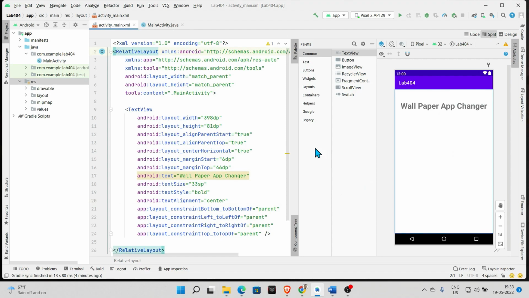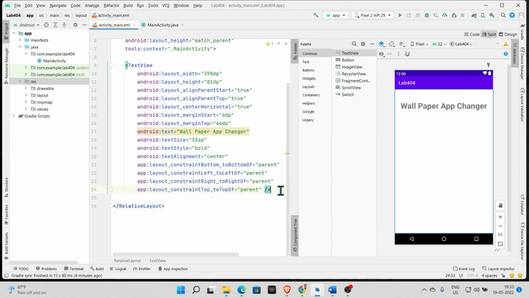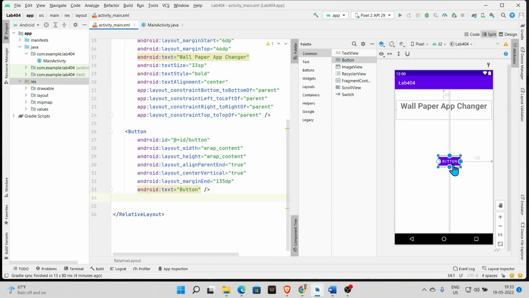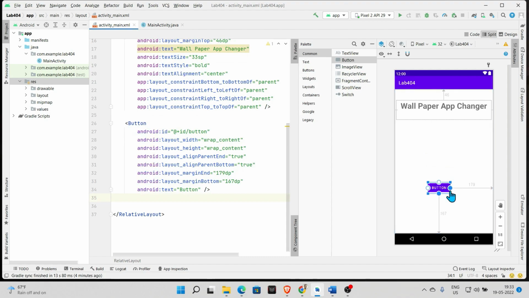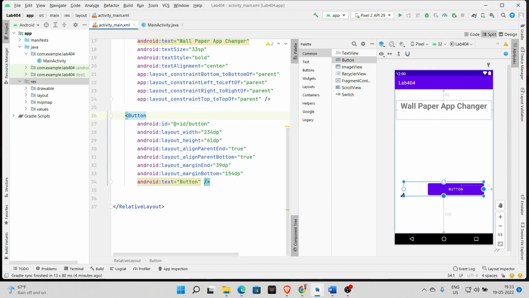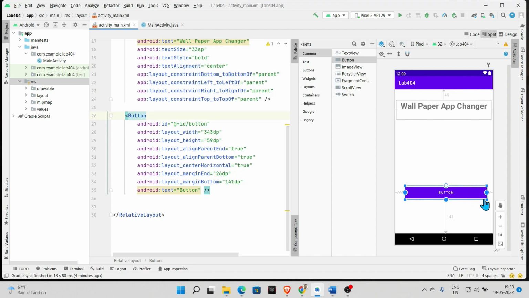What I need next is to grab a button. So go there and just grab your button and place it anywhere you feel like. Maybe I want to keep it a little down. Fine. And then I try to resize, and then again I resize, and here maybe I still resize a little more. Let's see. And somewhere now I need to change the text to say